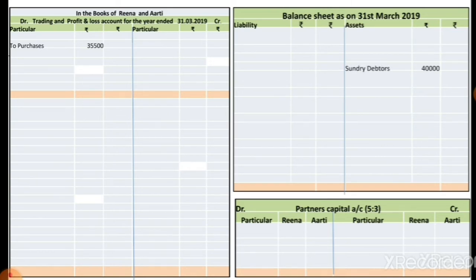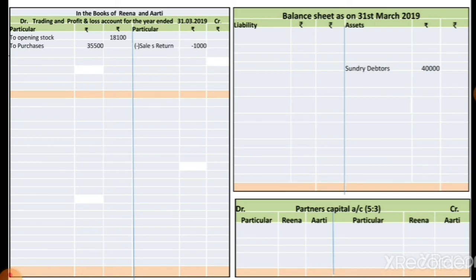Next there are sundry debtors, whose amount is 40,000. There is an adjustment regarding bad debts, RDD and discount, so it must be recorded in the inner column on the balance sheet asset side. Next, there is sales return, which is recorded on the trading account credit side. That sales return we deduct from the sales. So we put it in the trading account credit side inner column, just writing 1,000. After that, when we write the sales, we deduct that amount from the sales.